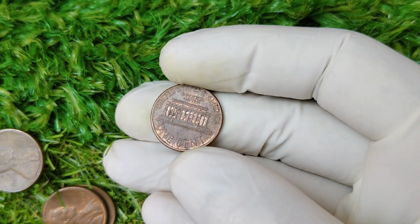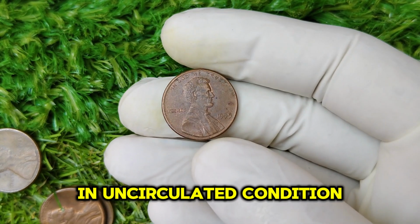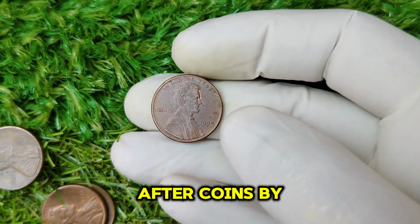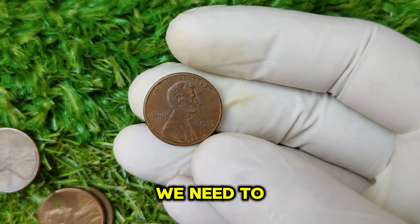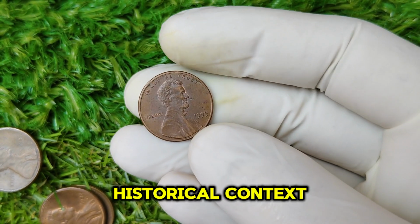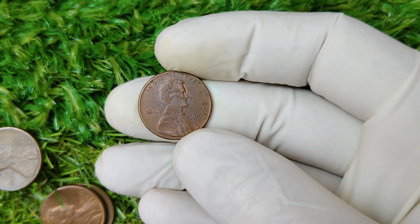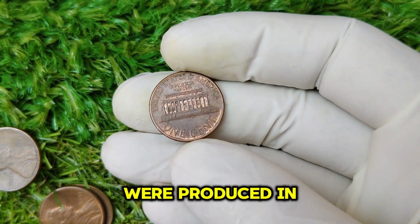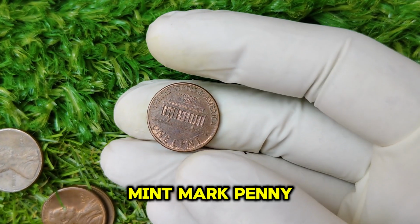However, what makes the 1995 version so special is its rarity in uncirculated condition, and it's one of the more sought-after coins by collectors. To understand the value of this penny, we need to dive into its historical context. The 1990s were an interesting decade for U.S. coinage. While most coins during this period were produced in large quantities, the 1995 no-mint mark penny stands out due